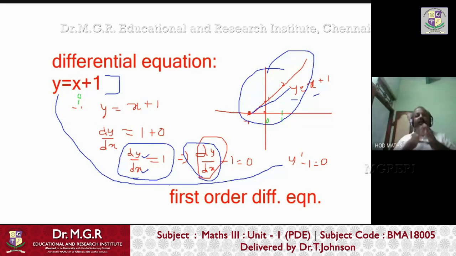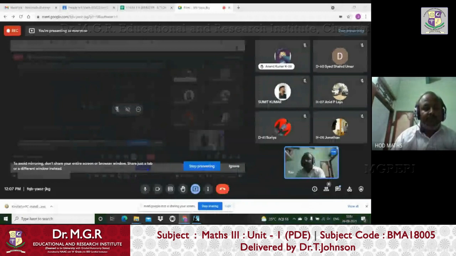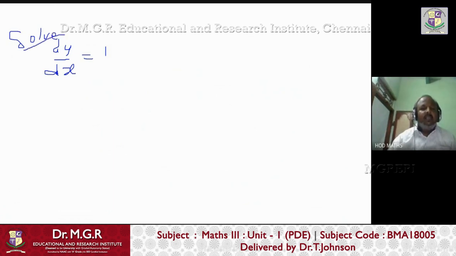So we always form a differential equation from an ordinary equation by differentiating it, right? Now that can be done in the reverse manner. Whenever you have a differential equation like this, you can always transform the differential equation into an ordinary equation. Suppose you have a differential equation like this. Now you have to solve the differential equation. By solving the differential equation, you will get the ordinary equation.